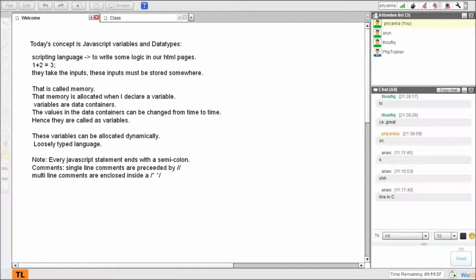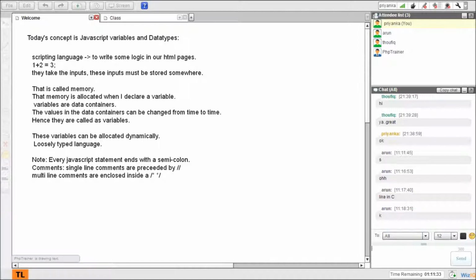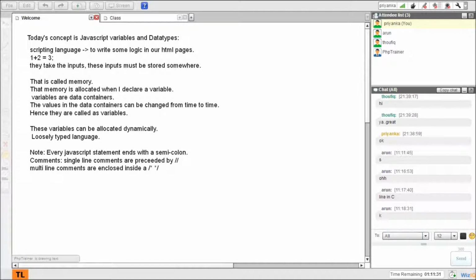Okay, so this is about comments. So these two things, take a note, they are like notes. That's what happens over there.